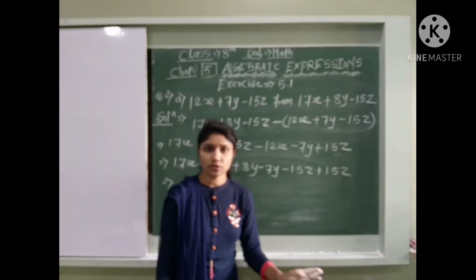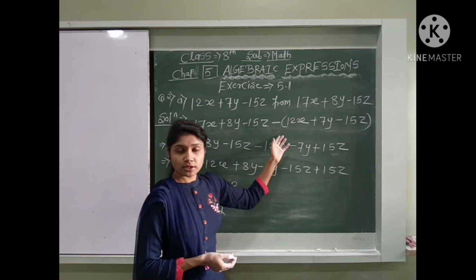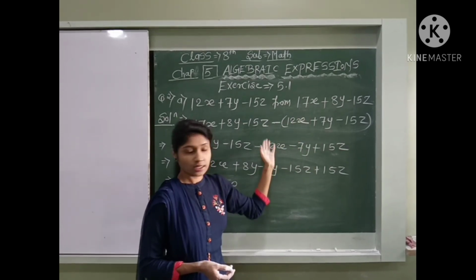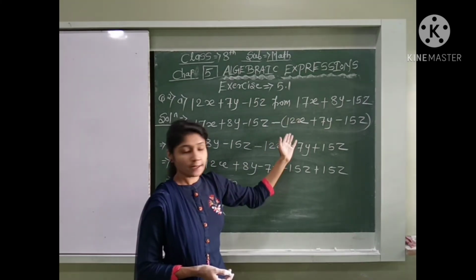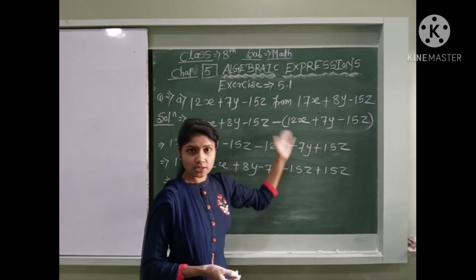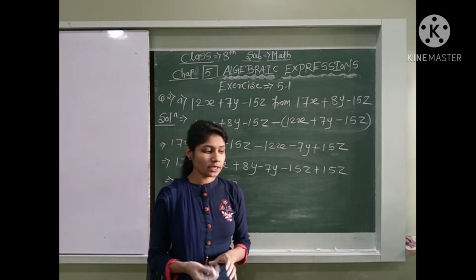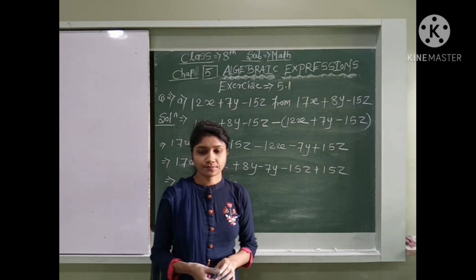This type of question we have to subtract. What do you have to remember in subtraction? You have to multiply their signs. First you have to arrange. In any subtraction equation with "from", first you have to arrange, and then multiply and solve. Understand, student? Okay, the remaining questions you have to try.